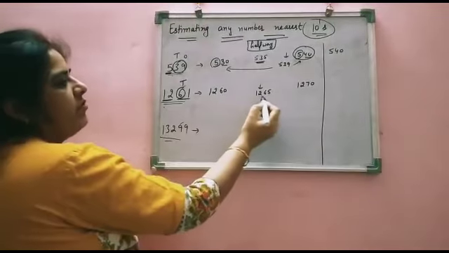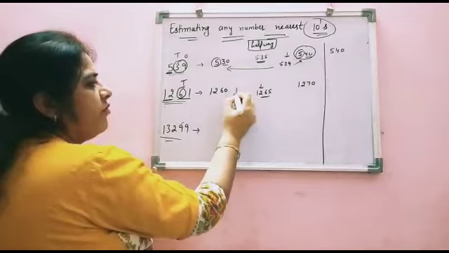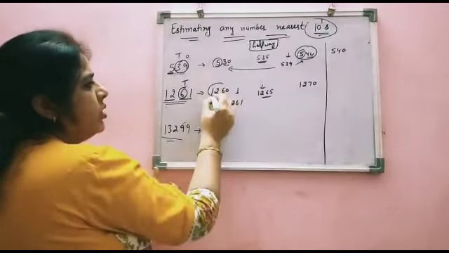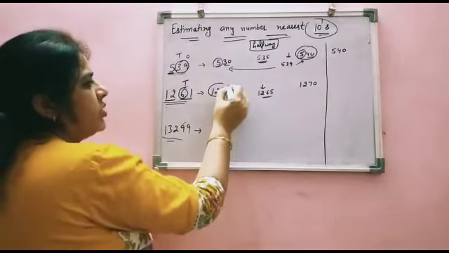1265 is less than halfway. It means it is somewhere here, so it is nearer to this. So when we are estimating this number to the nearest tens, it will be